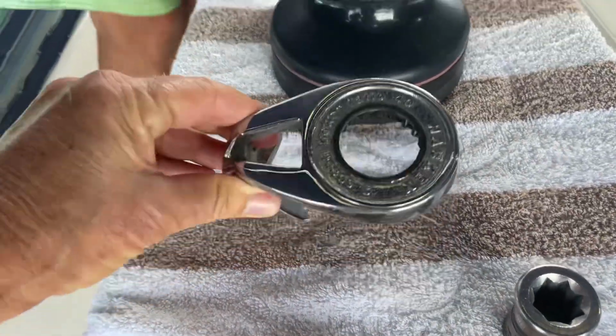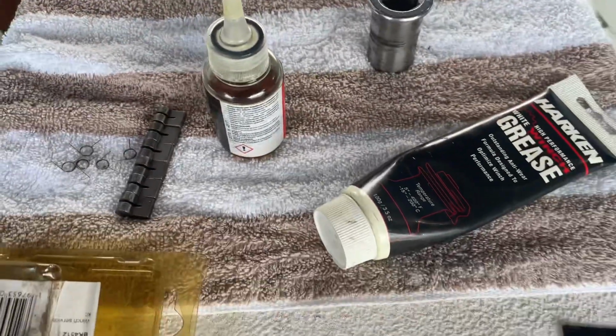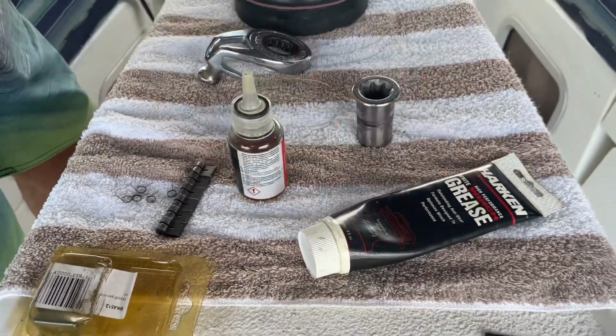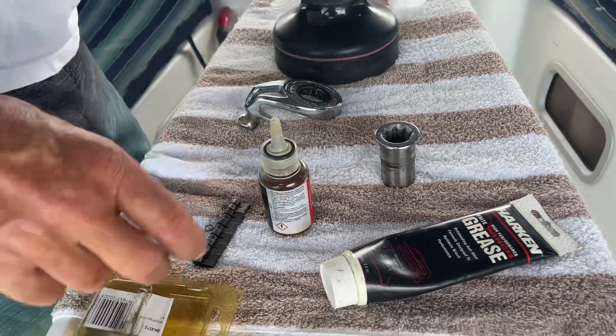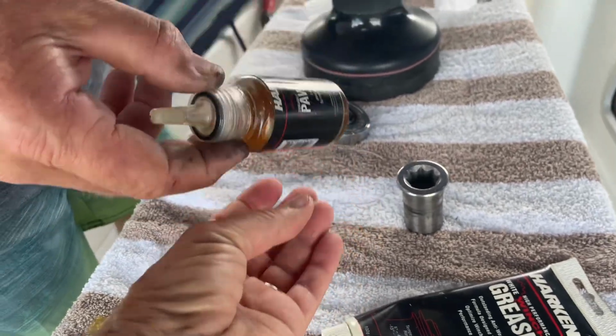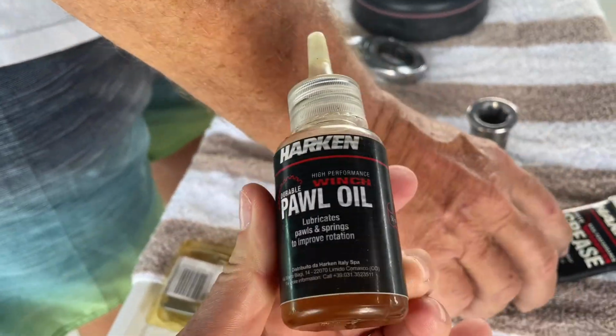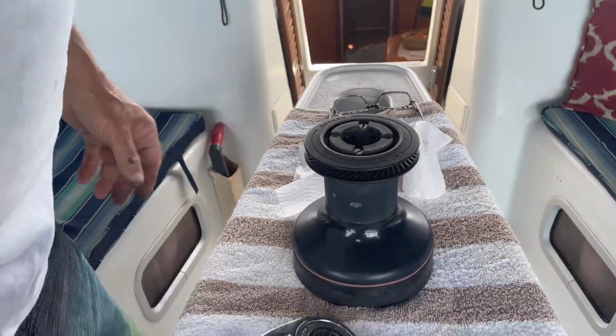In the kit that you'll see back here, there is grease. This is only for the gears. It is not for the pawls, which I'll show you in here. It is not for the bearings. Or sorry, it is for the bearings. This oil then is for the pawls. So again, the grease is for the gears in here and the bearings, which I'll show you as we go